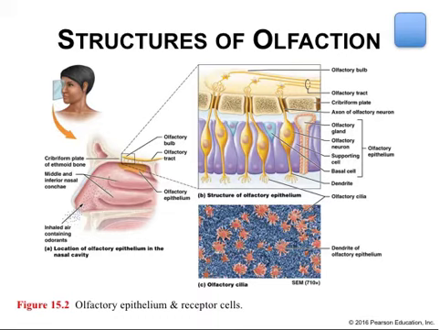The olfactory bulb is a structure that sits atop the cribriform plate of the ethmoid bone and is inferior to the frontal lobe of the brain. And the olfactory tract is composed of axons that exit the olfactory bulb and travel to other regions of the central nervous system for interpretation. And so you can see where this lies. This is unique in that this represents one of the few pieces of central nervous system tissue that is exposed to the external environment. The olfactory bulb and the olfactory epithelia